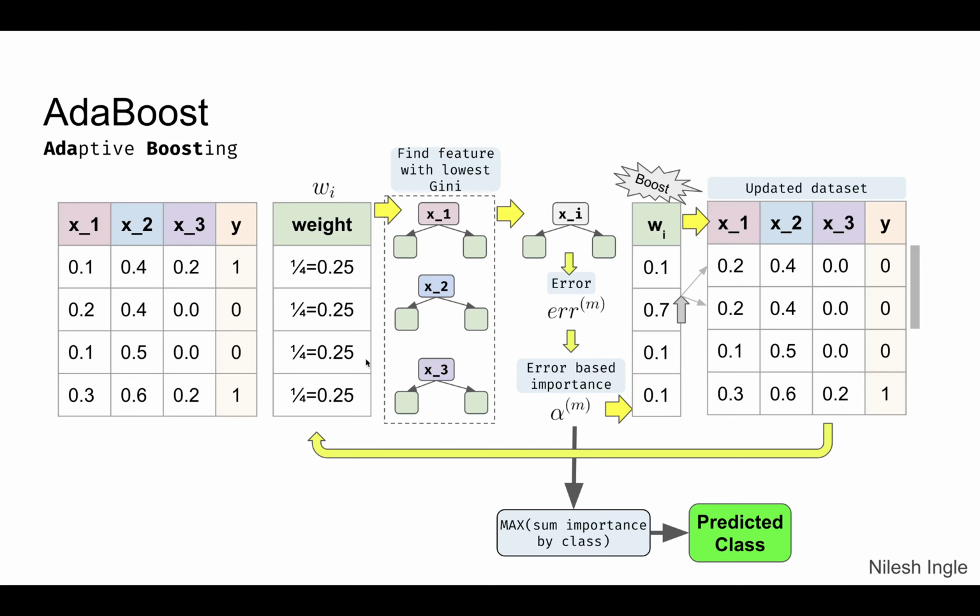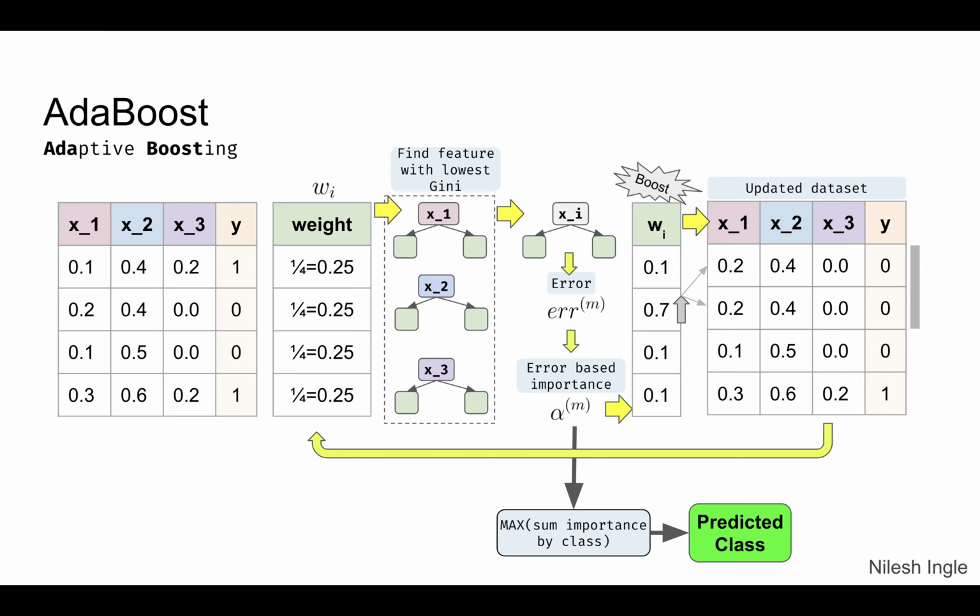And so here we have on the left hand side the data set with, let's say, three features x1, x2, x3 and a target variable y. In the very first run we start out with equal weight for all the samples, so all the rows, and here we set it to 1 by total number of rows, so 1 by 4, and that's 0.25. Next, what we do is we try to find which feature we can use first to calculate the first round